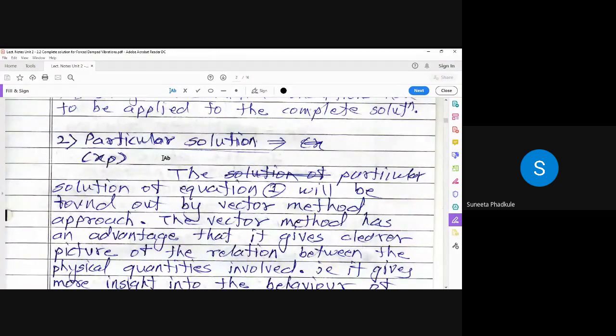This is actually the part of forced vibration that lasts. The complementary function is not required further, you will come to know at the end of the lecture. Only the particular solution in detail will last in the forced vibration.